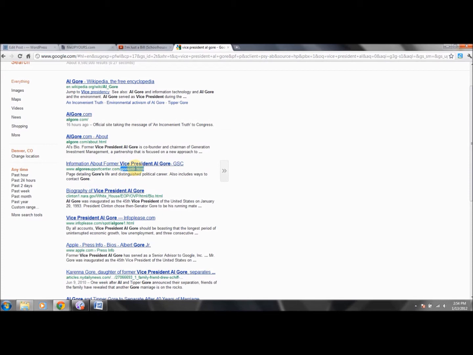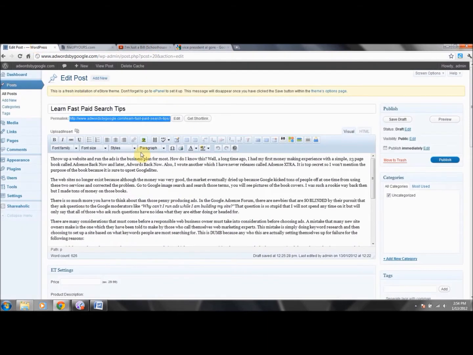But this is why people may say Al Gore support, and then even if it doesn't say Al Gore, like this says Clinton or something like this, at least the page title says Vice President Al Gore. So that's why this is important. People looking for the information you're going to serve, they may see this or they may see this. So just make sure you don't leave that, as we told you.